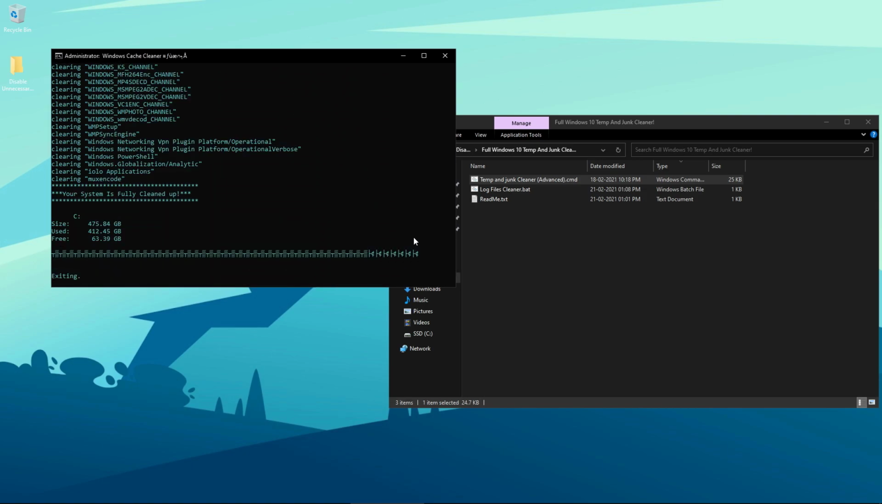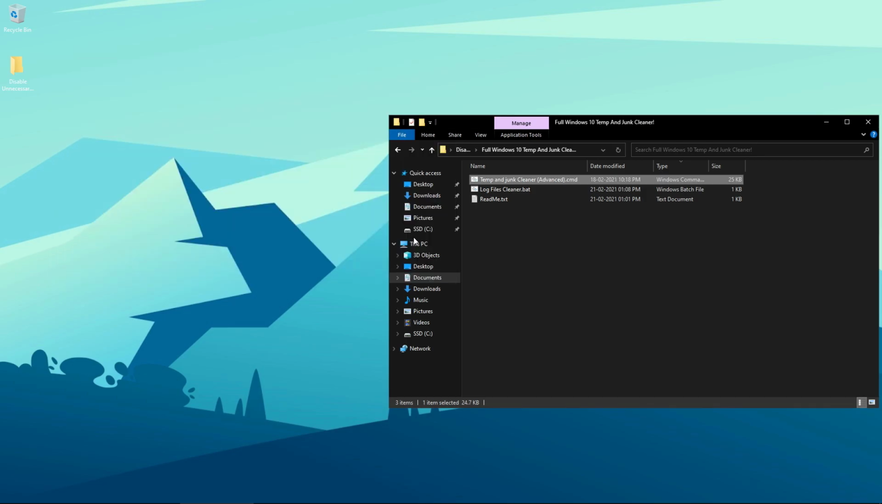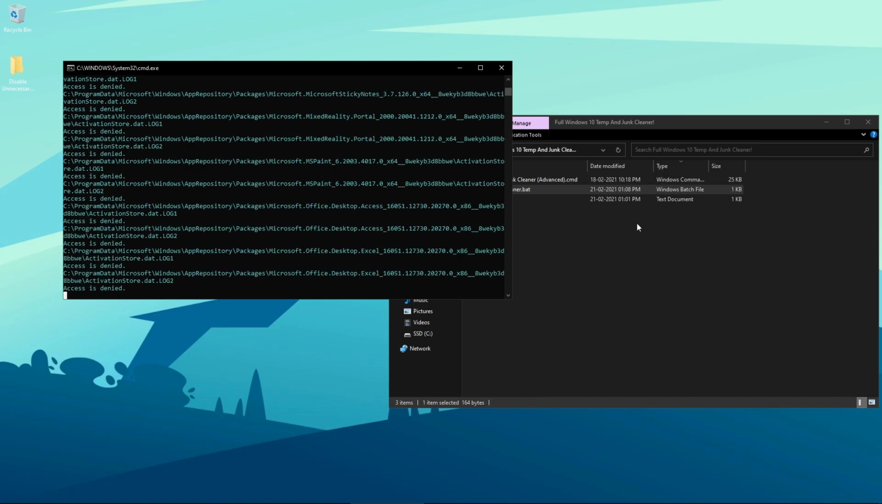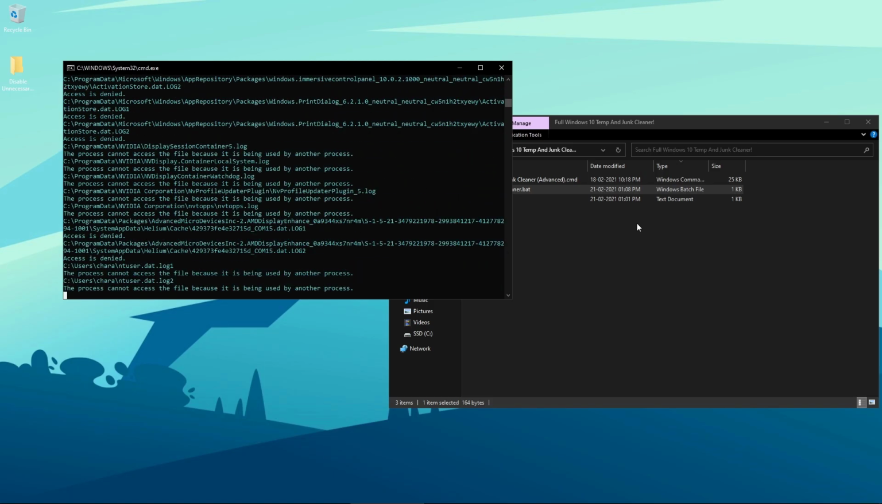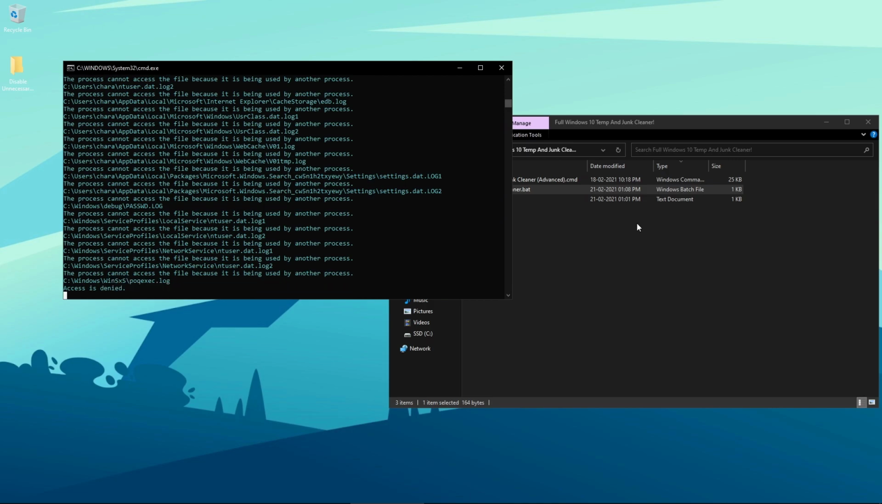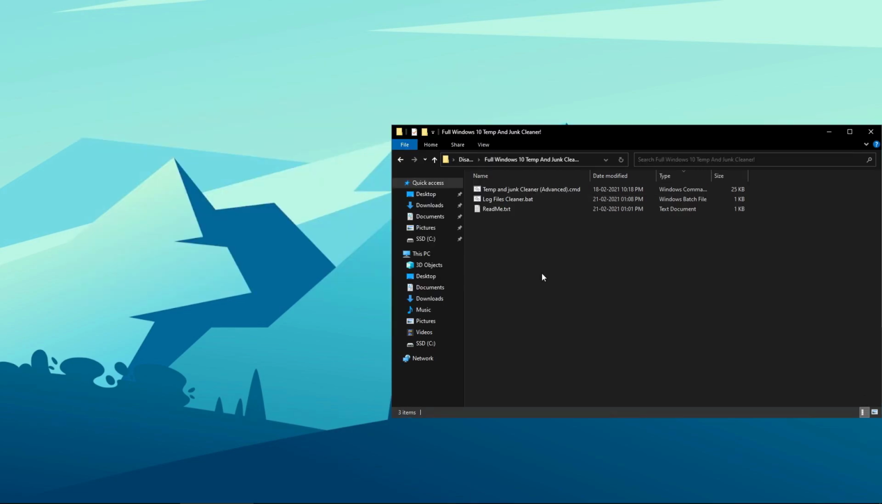Once you have done the Windows cache cleaner, it must say your system is now fully cleaned up. Once you have cleared all of the junk and temp from your laptop or computer, now just go ahead and right click on the log files cleaner.bat and then run it as an administrator. Now what this particular batch file is going to do is fully remove all kinds of log files from your C drive and make your laptop or computer fully maximized for system responsiveness and performance. Once you have applied all of the tweaks shown in the video, exit from the disable unnecessary services pack,